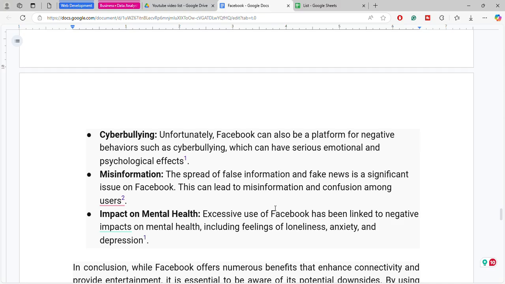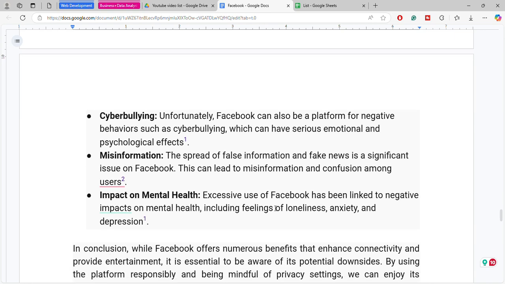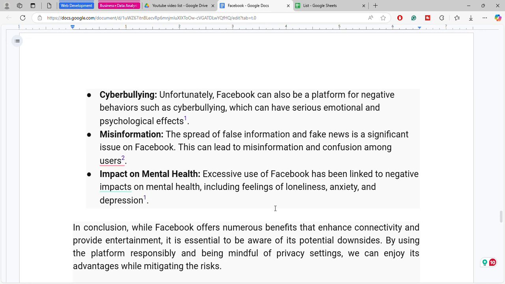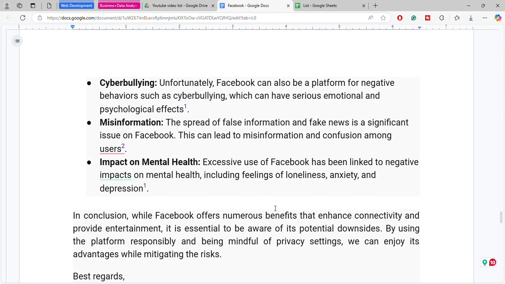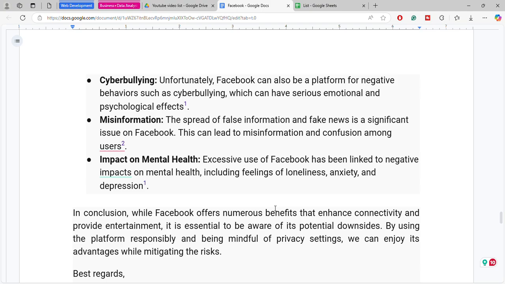Impact on mental health: excessive use of Facebook has been linked to negative impacts on mental health, including feelings of loneliness, anxiety, and depression. In conclusion, while Facebook offers numerous benefits that enhance connectivity and provide entertainment, it is essential to be aware of its potential downsides. By using the platform responsibly and being mindful of privacy settings, we can enjoy its advantages